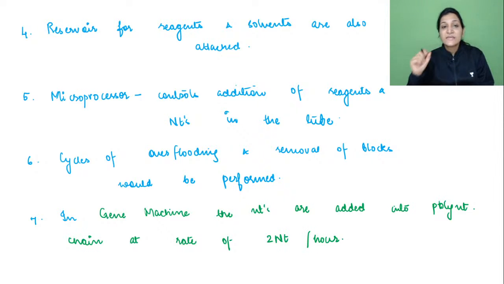So by feeding the instructions of the human insulin gene into the gene machine, human insulin can be synthesized, for whichever nucleotide sequence we want of the gene. It can be easily synthesized in the gene machine. So this was the first method of gene isolation, that is to synthesize the gene. It can also be called gene synthesis. After that comes gene cloning.